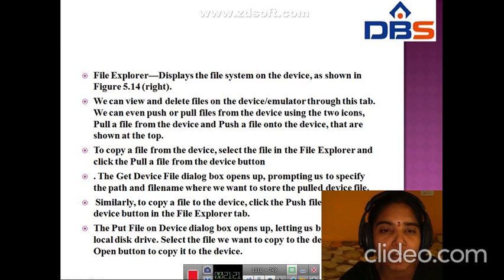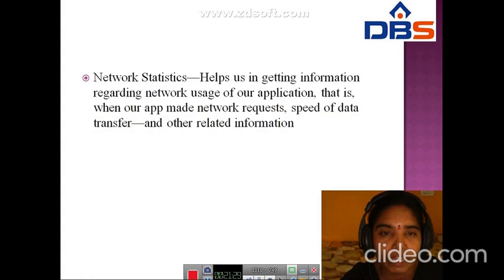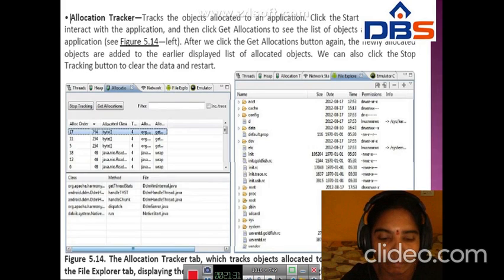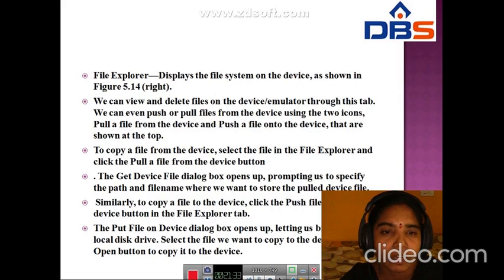To copy a file from the device, you have to select the file in the file explorer and click the pull a file from the device button. Next, the get device file dialog box opens up, prompting us to specify the path and file name where we want to store the pulled device file.